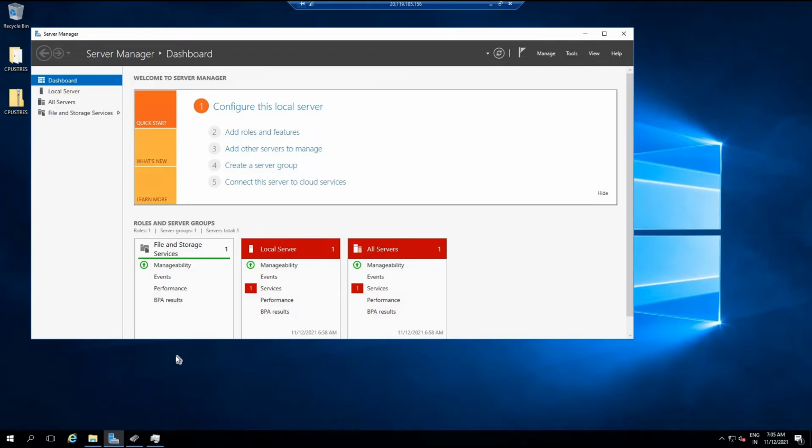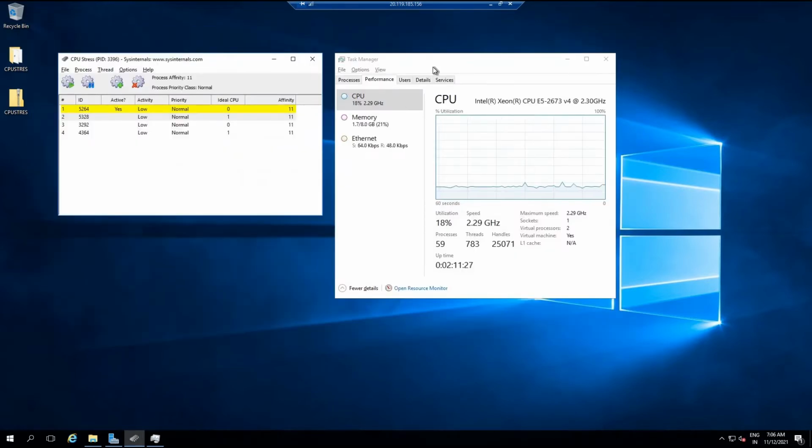Now I will start the demo. First of all I want to show you how to install the performance diagnostics, or Perf Insights, from the Azure portal, and I will create a separate video on how to install it in the Azure VM. I have already created a Windows Server 2016. This server has two cores and 8 GB of RAM, and you can see the CPU utilization is currently 17%,